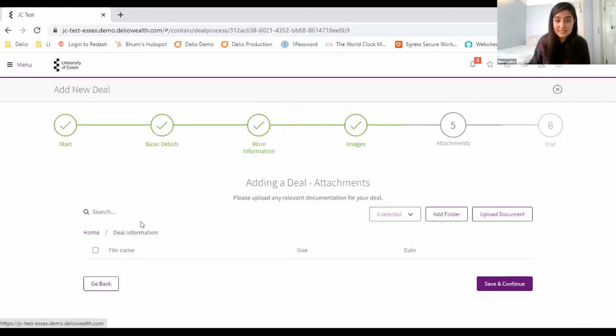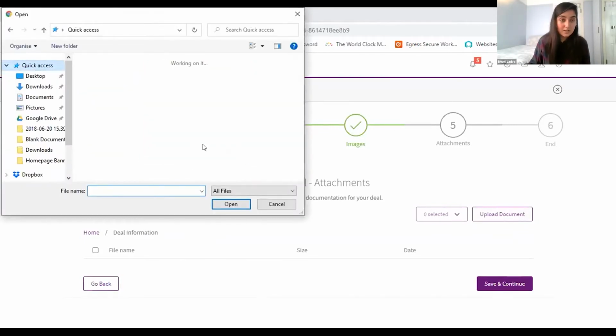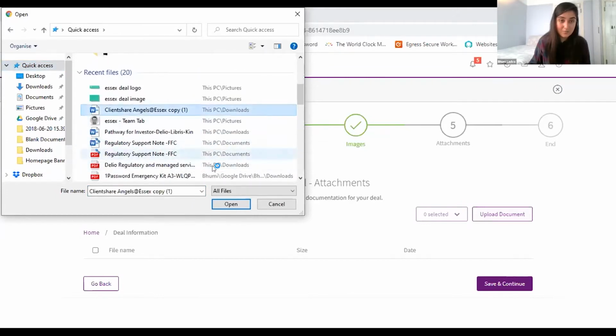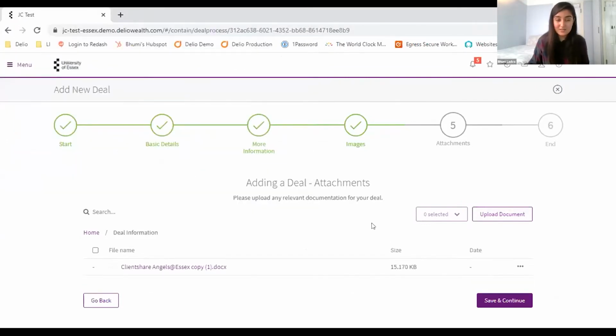So I'm going to click into here and I'm going to do the same. I'm going to upload this and I want this to immediately be seen by investors. I've just put up an example documentation, but it can be, like I mentioned before, your teaser, pitch deck, or anything immediate you want them to see.